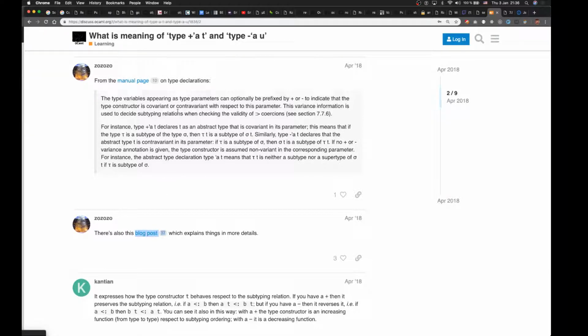The type variables appearing as type parameters can optionally be prefixed by plus or minus to indicate that the type constructor is covariant or contravariant with respect to this parameter. This variance information is used to decide subtype relations when checking the validity of coercions. For instance, type plus A, T declares T as an abstract type that is covariant in its parameter. This means that if the type tau is a subtype of the type sigma,